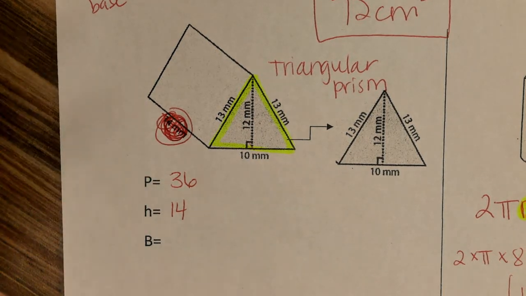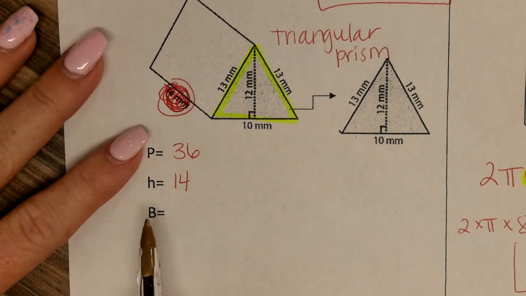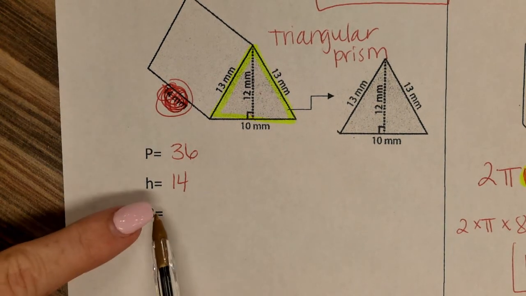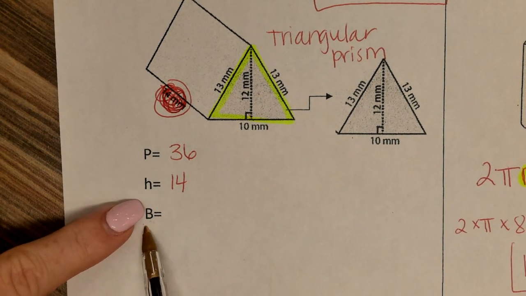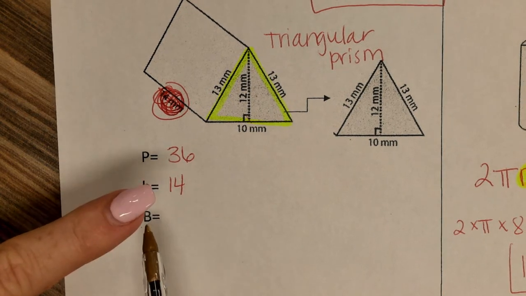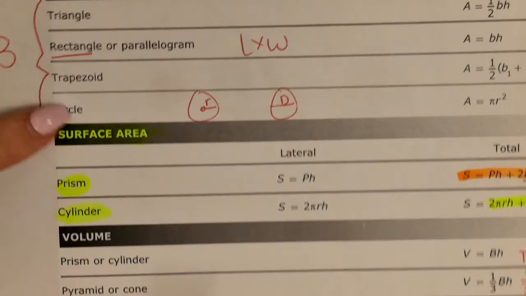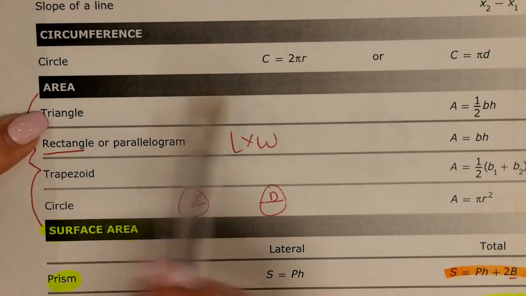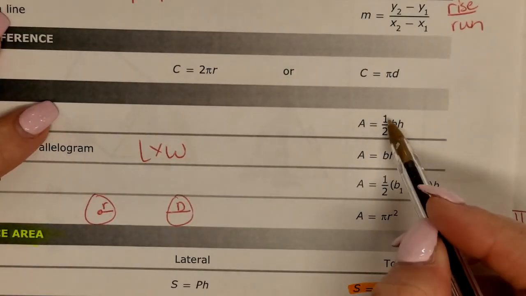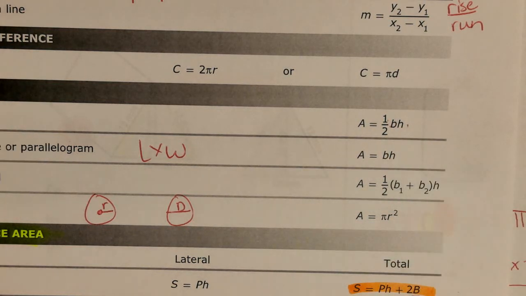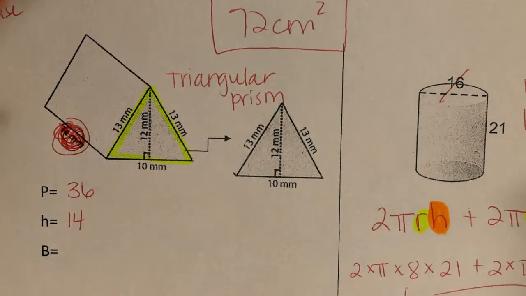Now, that's the easiest part. This is the part that throws kids off, and I don't understand why, because it's 6th grade. What does big B mean? Area of the, well, what type of base do you have? Okay, everybody look at your surface, at your area section at triangle. What's the formula? 1/2 base times height. Does your calculator do 1/2? Yeah, so you write that down. 1/2